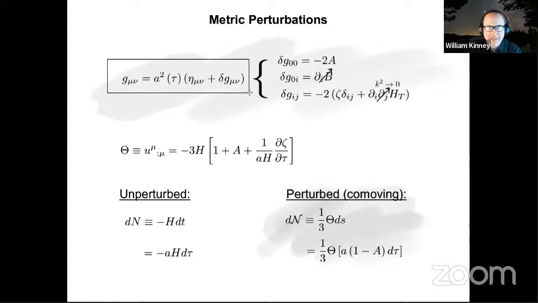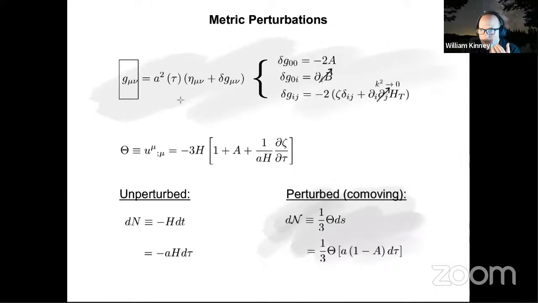This is basically the calculation you need to do in order to calculate any of the observables that are relevant for cosmology. So this is what you need to do in order to connect this abstract scalar field theory to actual data in the universe, to turn what's a bunch of theory into actually hard-nosed science that you can compare to data. And so what we're going to do is take the metric, which so far in the homogeneous case we have been assuming is just the Minkowski metric multiplied by an overall time-dependent conformal factor. And we're going to introduce linear perturbations to that metric, where those linear perturbations are delta g_mu nu.